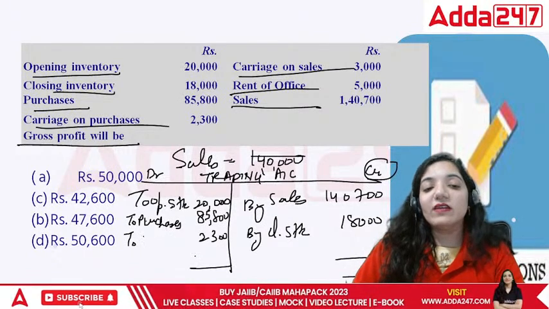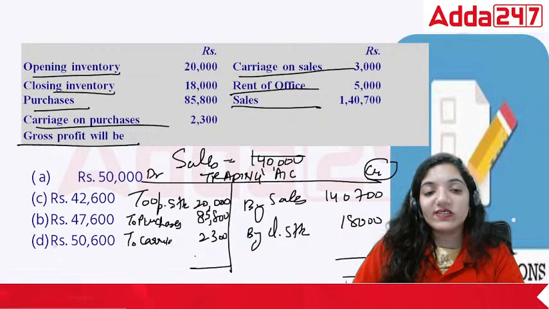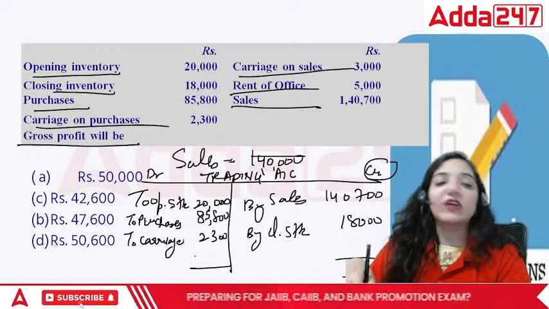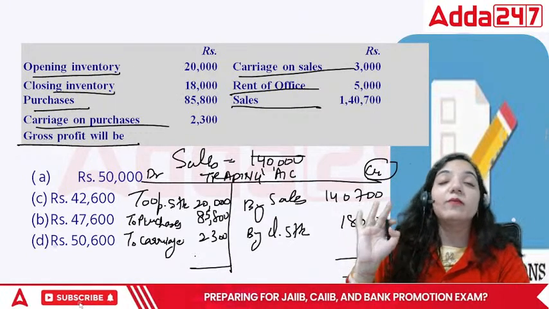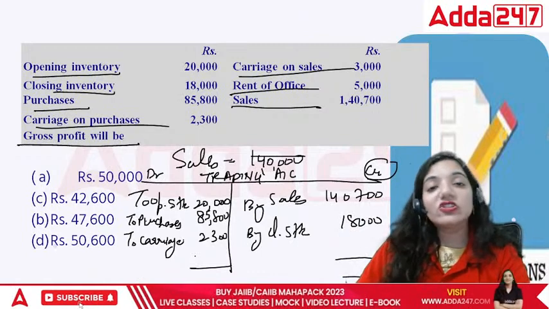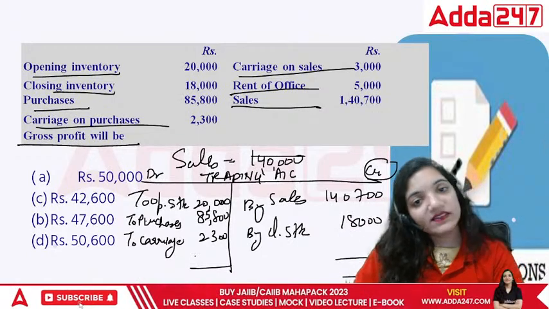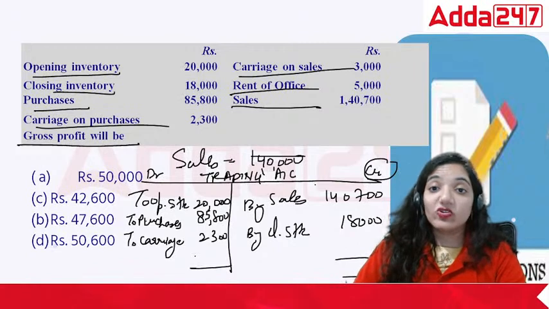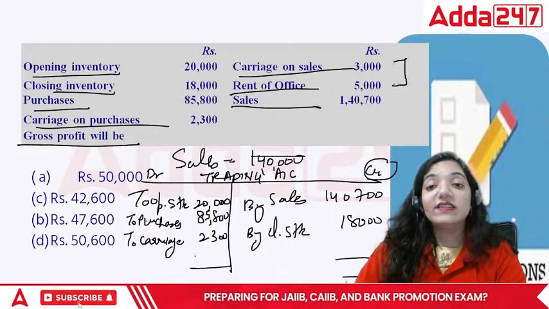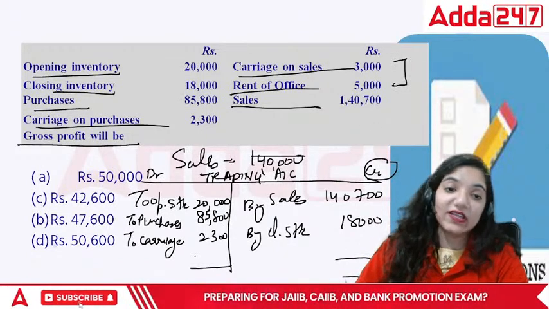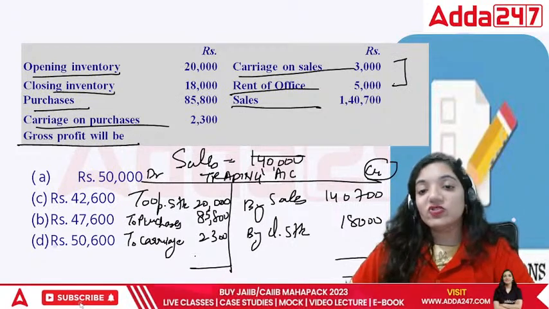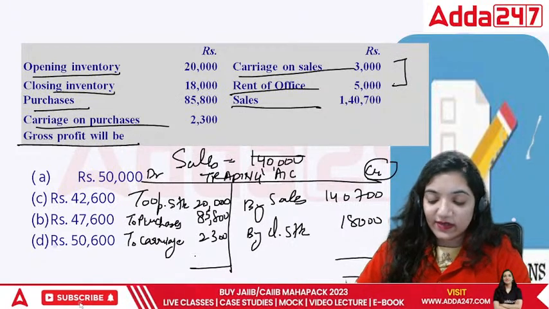I am taking carriage on purchases only, not on sales, because this is related to production. GP is purely P for production. It does not consider sales and sales-based expenses at all. So the rent of office is not relevant for us. The remaining are relevant for us. So in this case, what would be the correct answer? The correct answer would be